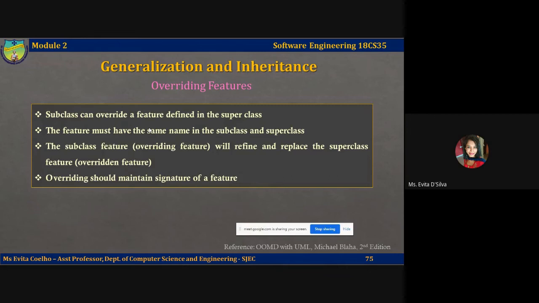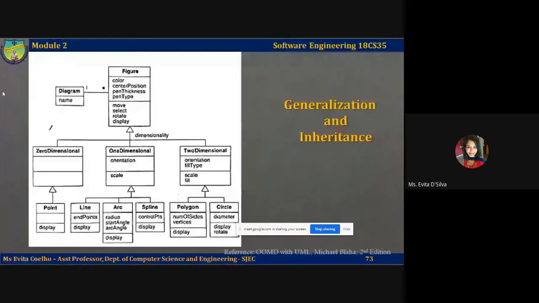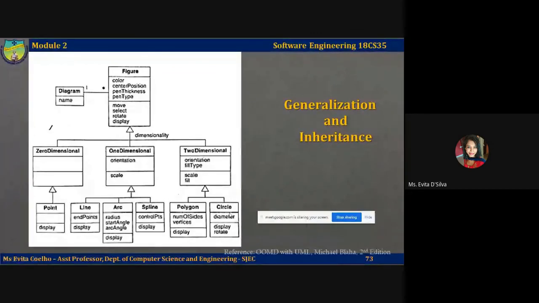So take a look at this diagram. Here, if you see, there is a display routine or a display method. If you consider the circle class, it will inherit from the two-dimensional class. Also, it will inherit from the figure class. If you can see, the figure class also has a display method. So by default, all this will be inherited by two-dimensional and by circle.